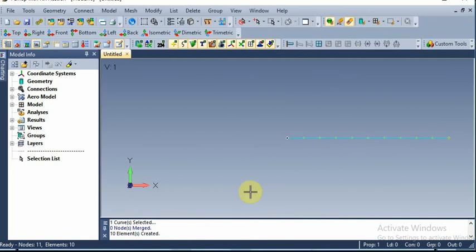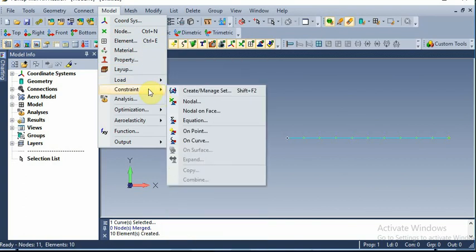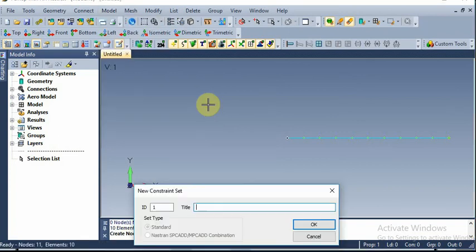Go to model, constraints, on node. Fixed, we can give the name as fixed.